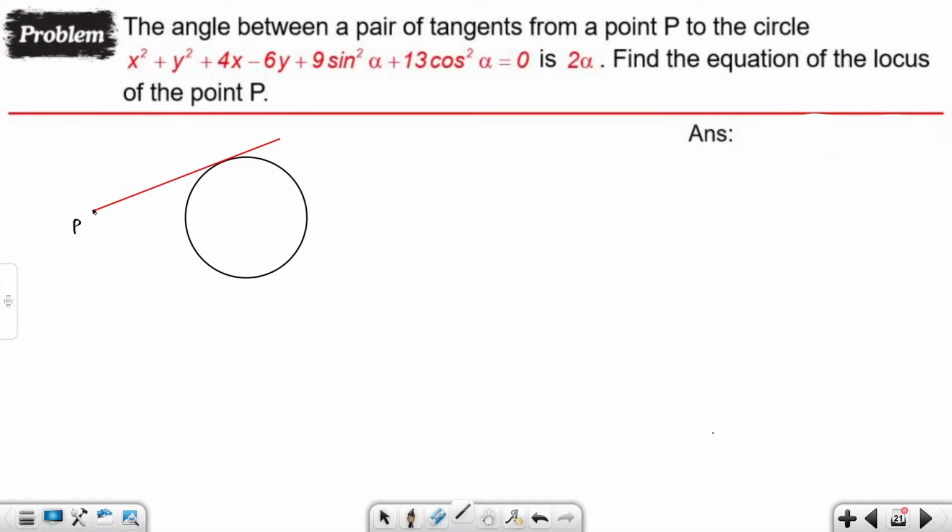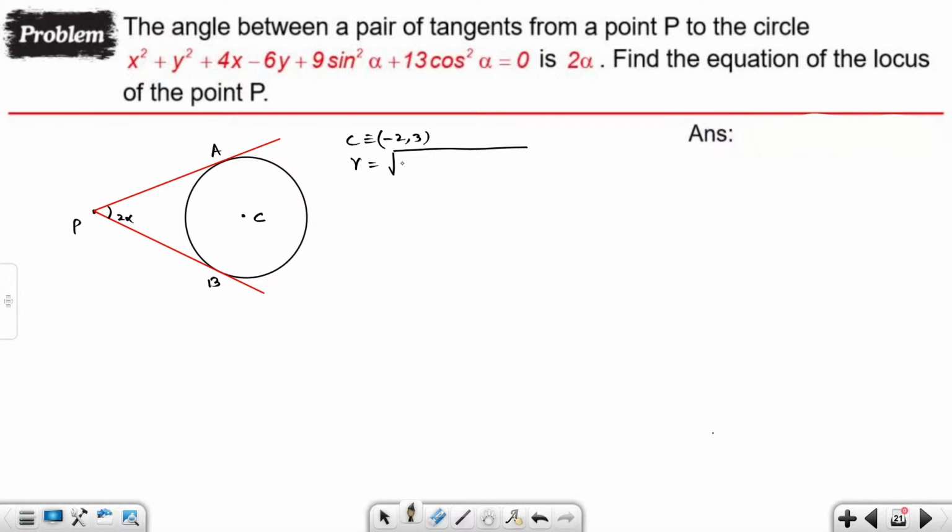This one, and let us say this one. Okay. So now this point, let us say this is A and this is B. And they have said that the angle between these two tangents is 2 alpha. The center of the circle, let us say C, is minus 2 comma 3, and its radius r is